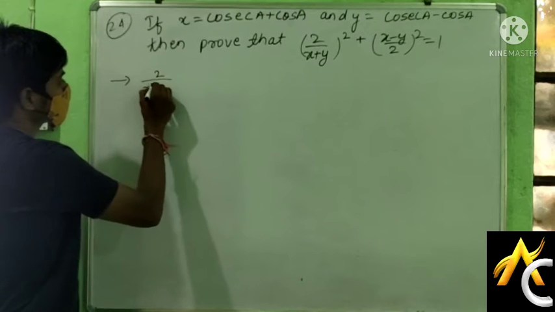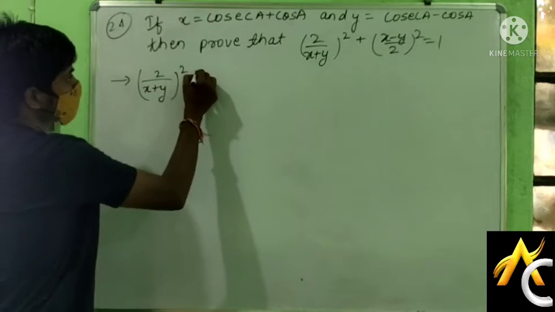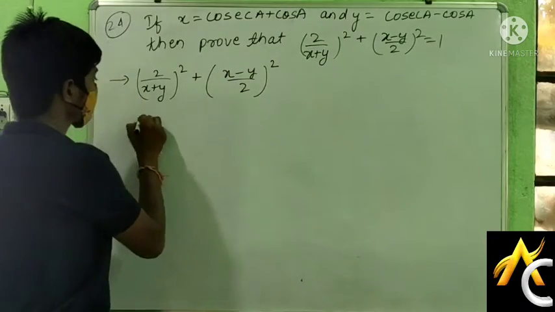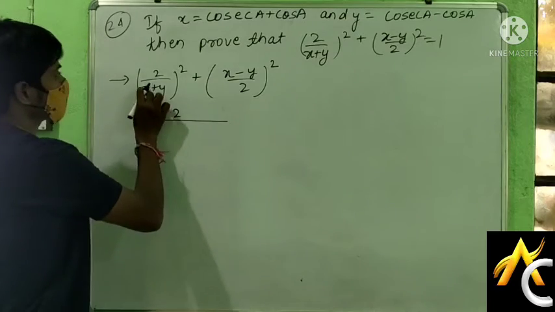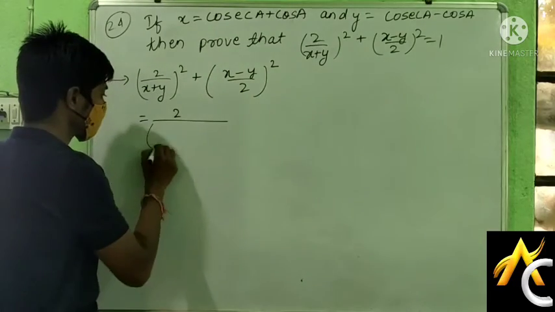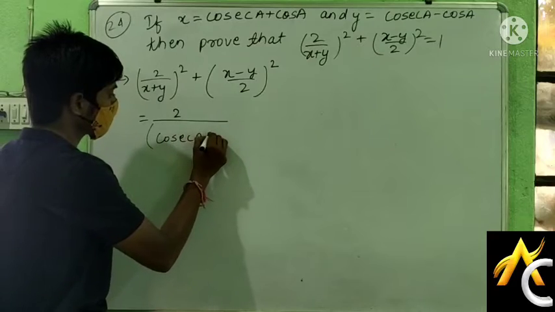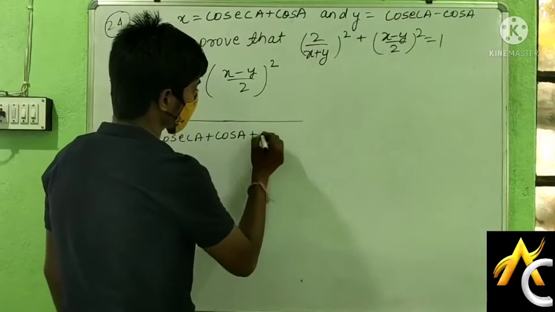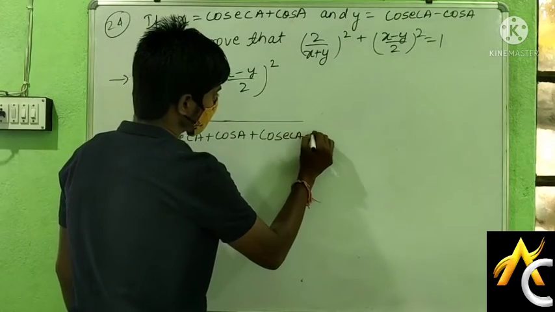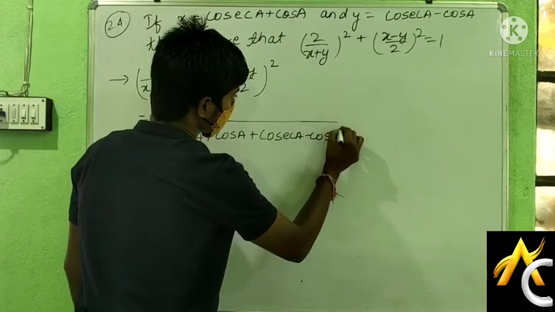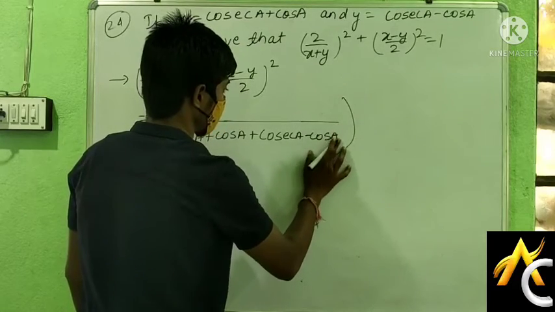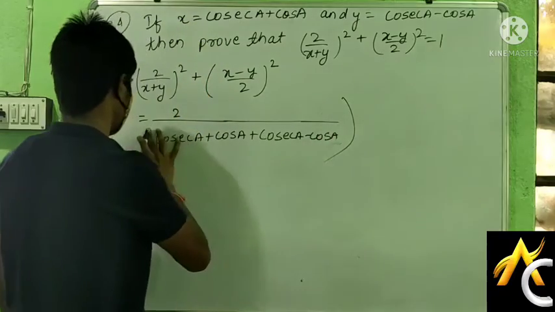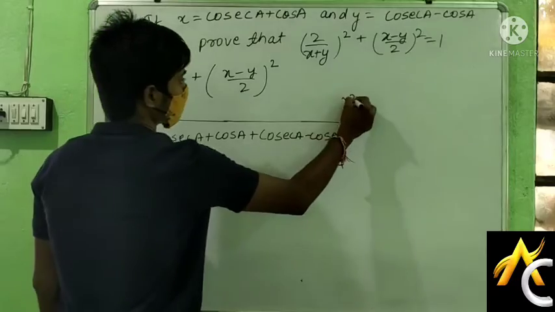So 2 by x plus y whole square plus x minus y by 2 whole square will be equal to 2 by value of x is cosec a plus cos a, plus value of y is cosec a minus cos a, whole square